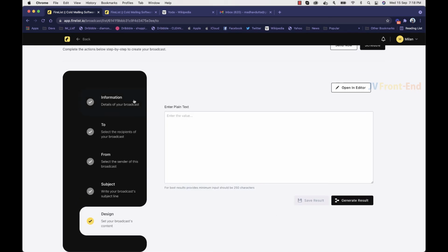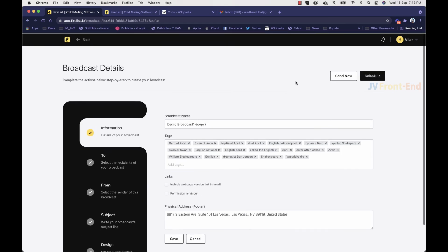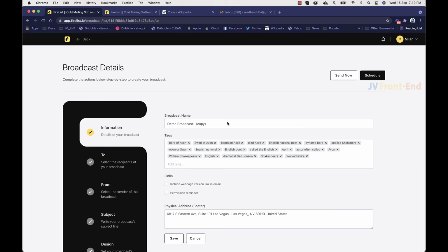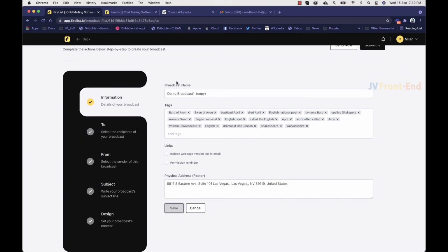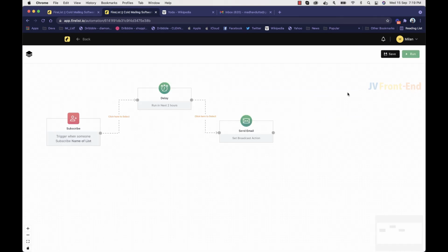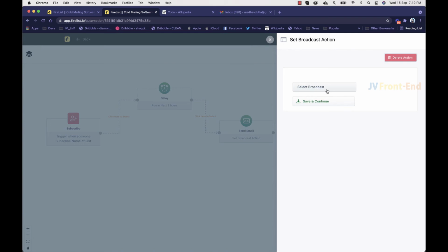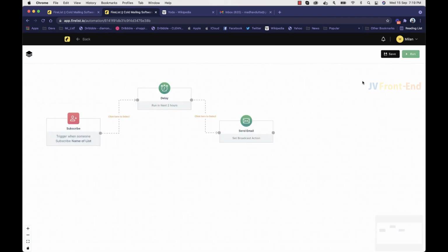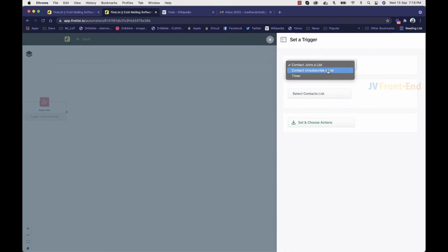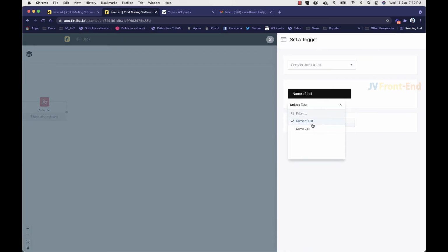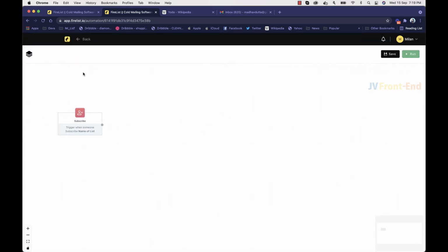So I can choose any information, right? I can change any information in the email. Once it is done, I'll click on save. I'll come back and let me just refresh this. Once I'm done, I will choose my list from here, name of the list. I'll click on save,